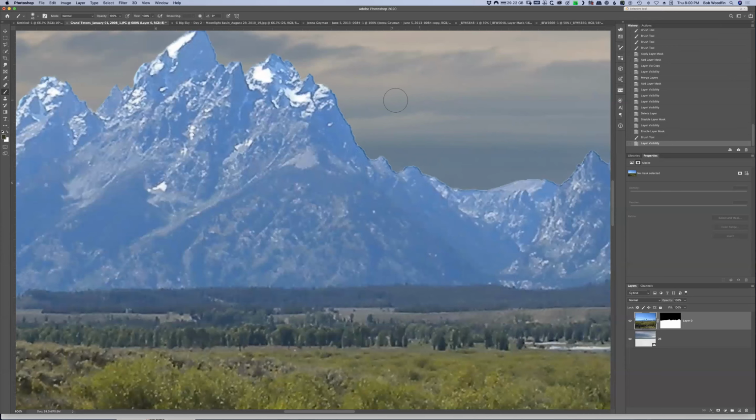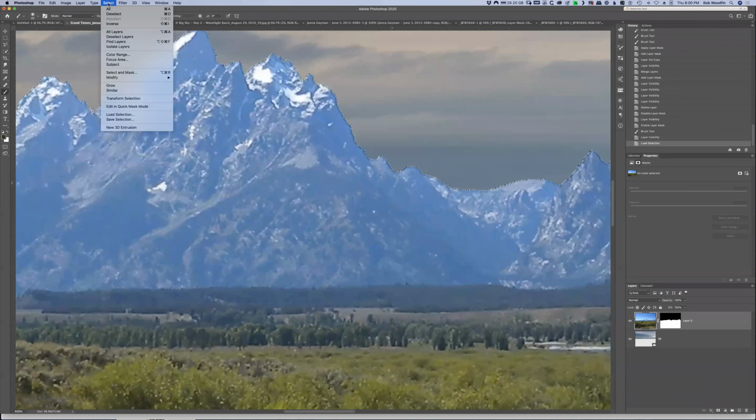But I don't know how I figured it out. Anyway, what you do is you come in and you Command or Control click on your mask here to get your marching ants. We've actually gone over this one before, but I'm going to show it to you just in case somebody missed it out there. What you do is you do Select,